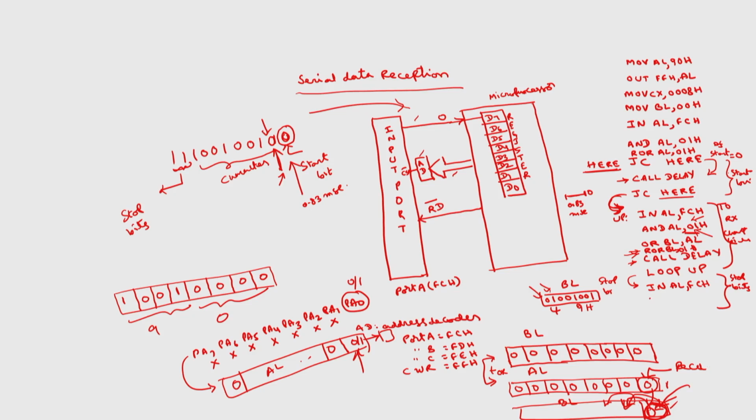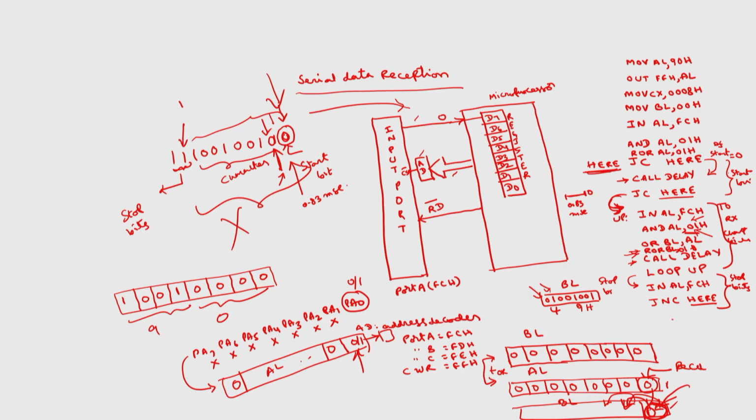Then jump on not carry now, because the stop bit should be 1. If it is not 1, this not carry will be true. So, you have to jump not carry, you have to go to here. So, the thing is here, the first bit is the start bit you have received as 0, and the remaining 7 bits you have received as they are. After that, if this bit is not 1, it means this entire character is false. So, again I have to start from this point onwards. That is why this label should be here.